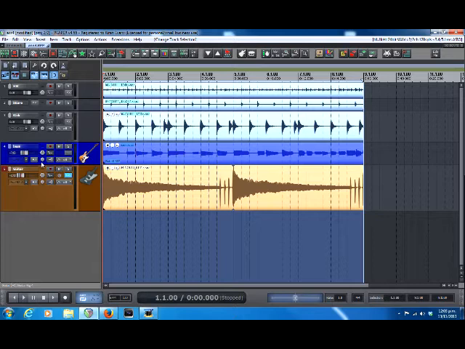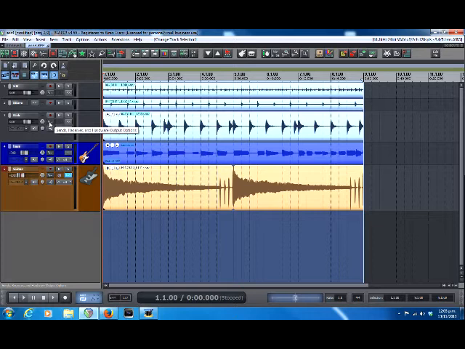Okay, in Reaper, all sound is played on channel 1 and 2 of a track. But in fact we have multiple channels per track that you can't hear, and we can take advantage of these channels that are almost like invisible. Okay, so what I'm going to do is send the signal from the kick drum to the